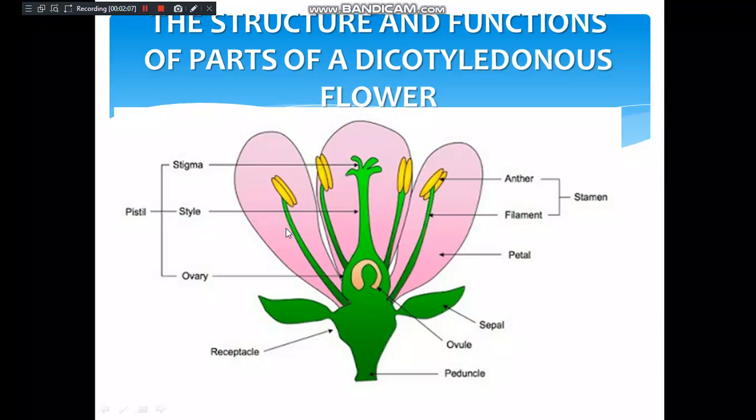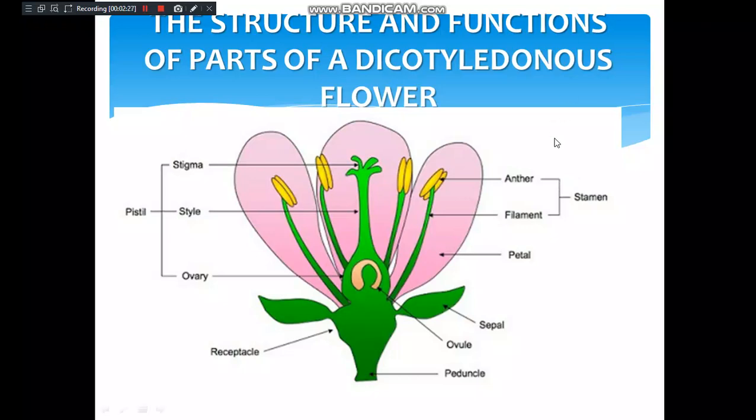And then we have the anther and filament. Inside the anther there are pollen grains, and that forms the male part of the flower,